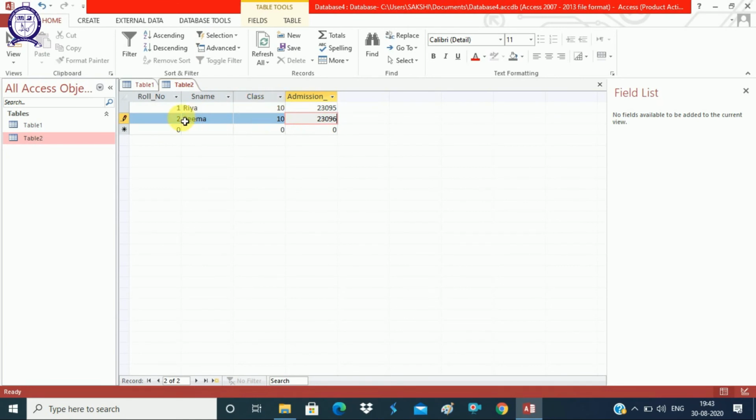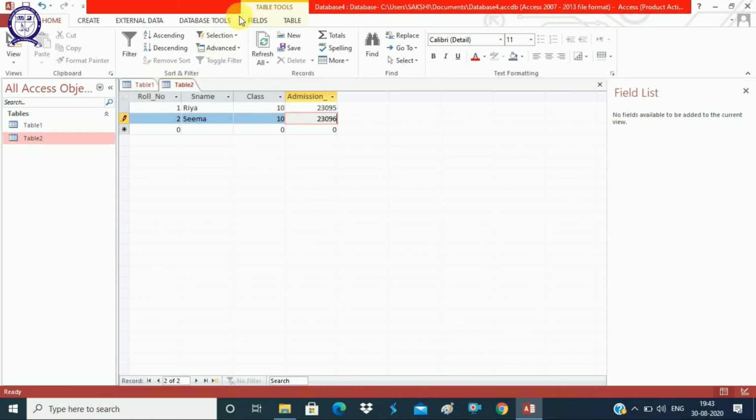Second thing which we have learned in this session is about the primary key. We have learned that primary key is that particular field in a table which does not contain the duplicate value. Also, it cannot have any blank value. So how do we set any field as a primary key? First of all, you should see which field can be taken as a primary key so that it cannot have duplicate values. Now the name of the student can be same, class can be same, roll number and admission number are the 2 fields that can be taken as the primary key, that are the candidates for the primary key, but only one can be taken as a primary key.